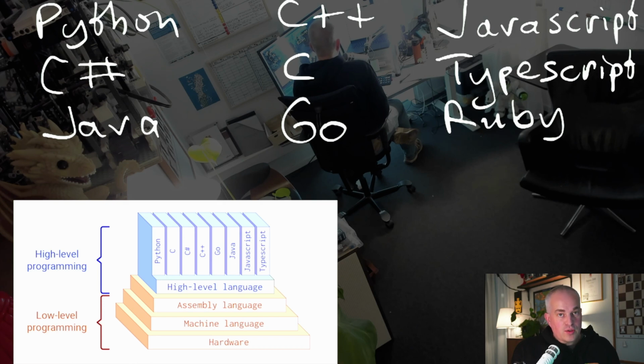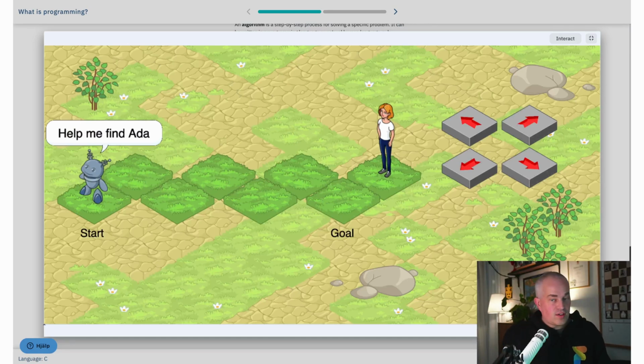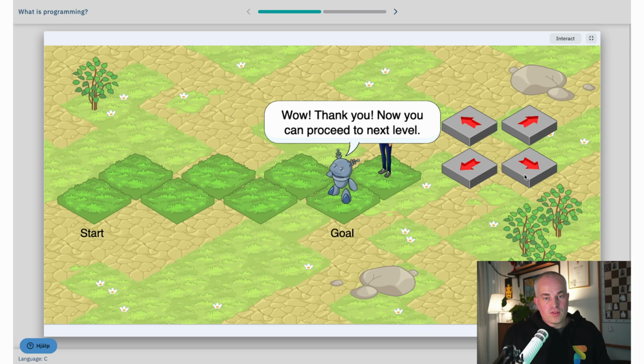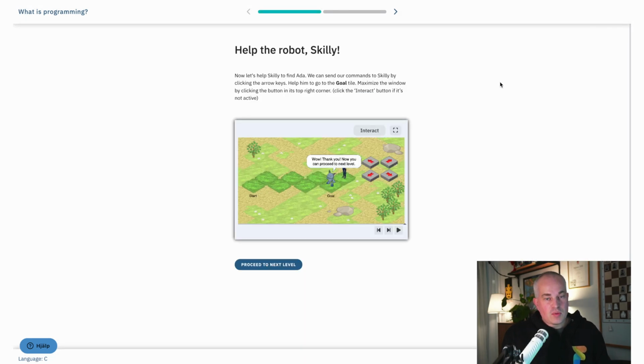Yeah, why do programming then? Well, we can look at the course. Here is one example where we do something which is at least programming-like. If I press interact here, the idea is that I have to press these buttons manually to go with the robot Skilly all the way over to Ada standing over here. So I'm pressing northeast, southeast buttons until I eventually get there. This was maybe not that many repetitions, but still the idea here is that when we continue to the next step,